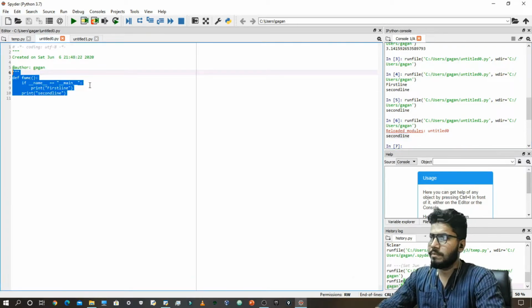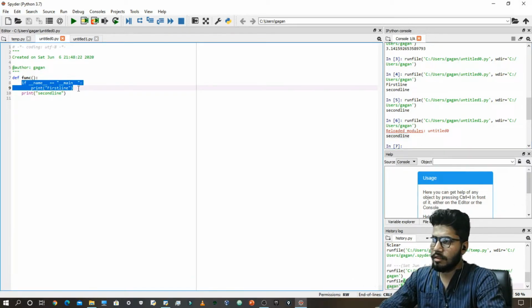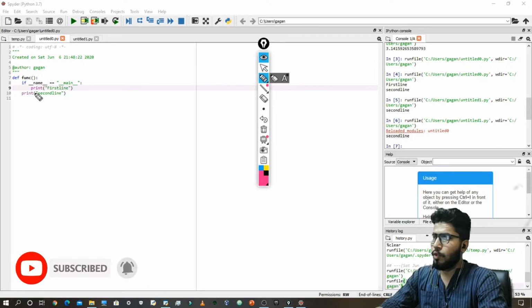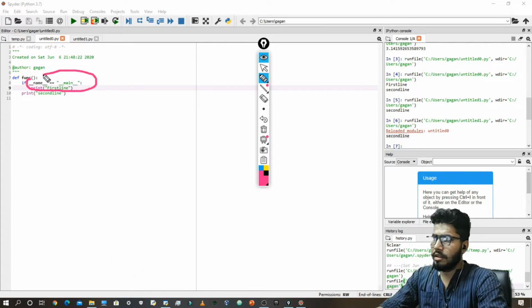The reason is this if statement. So let me explain what is happening here. Whenever the interpreter runs the code, it checks whether the program is being run by itself, like in this case it was running by itself, or whether the program is being imported to some other file, like it was imported to this file.